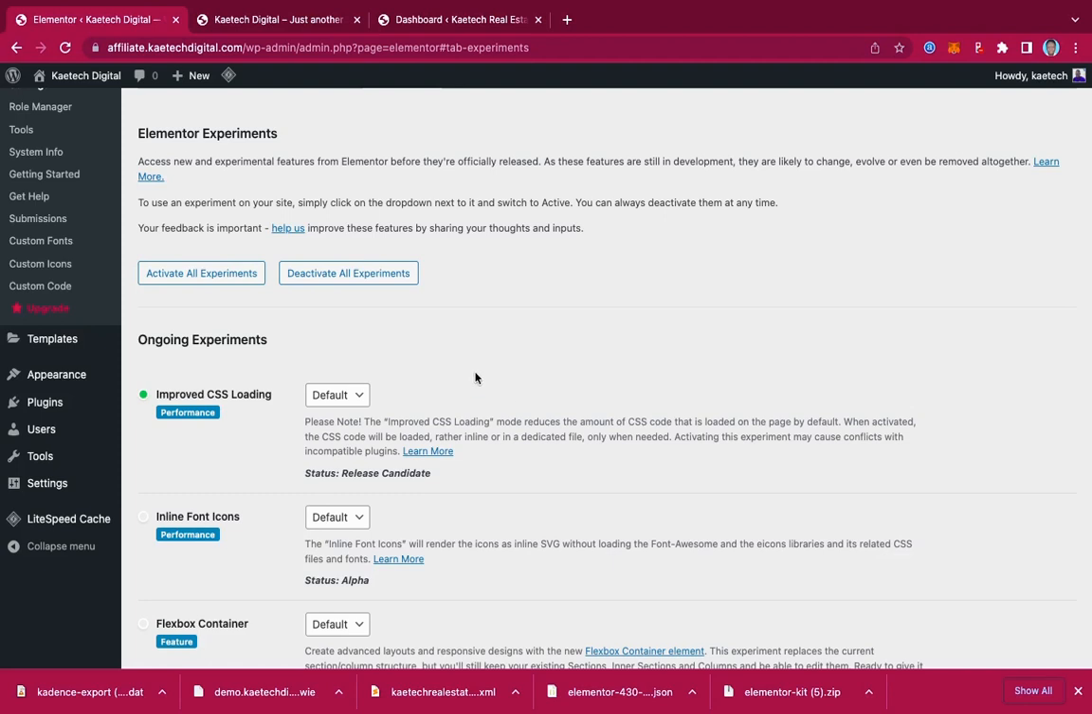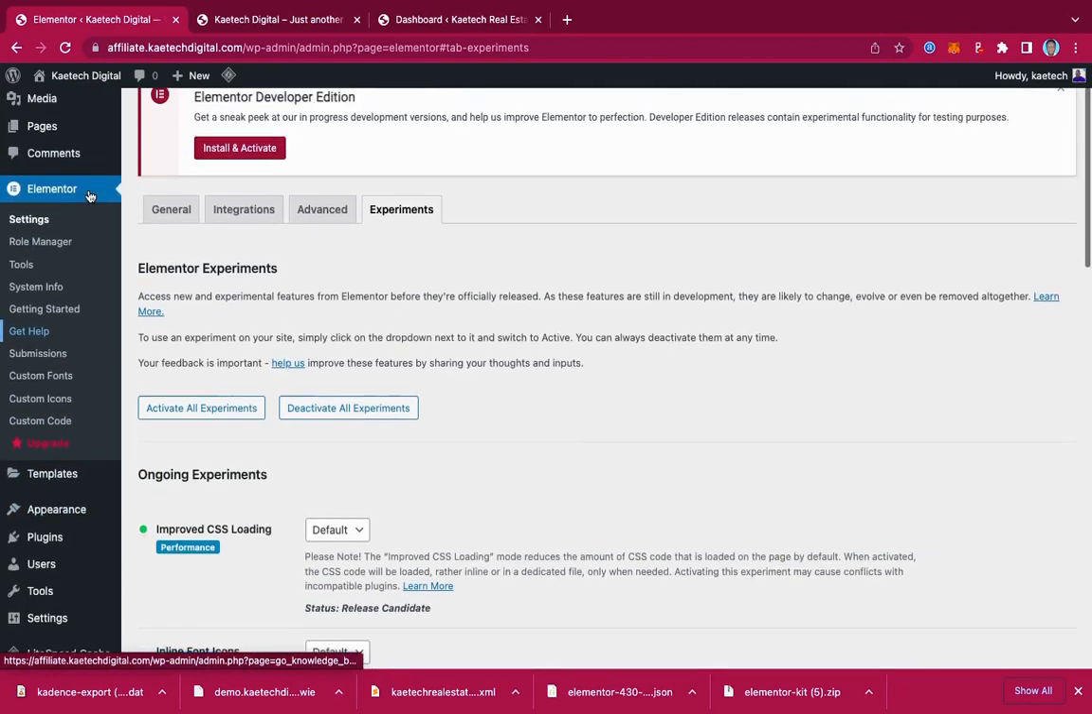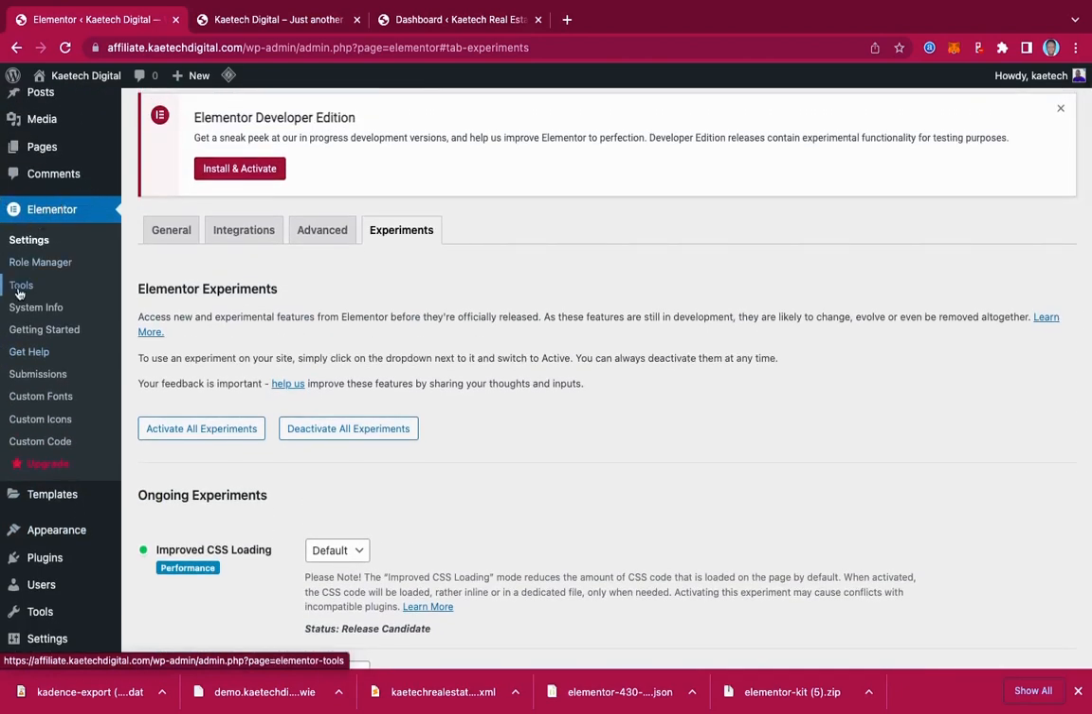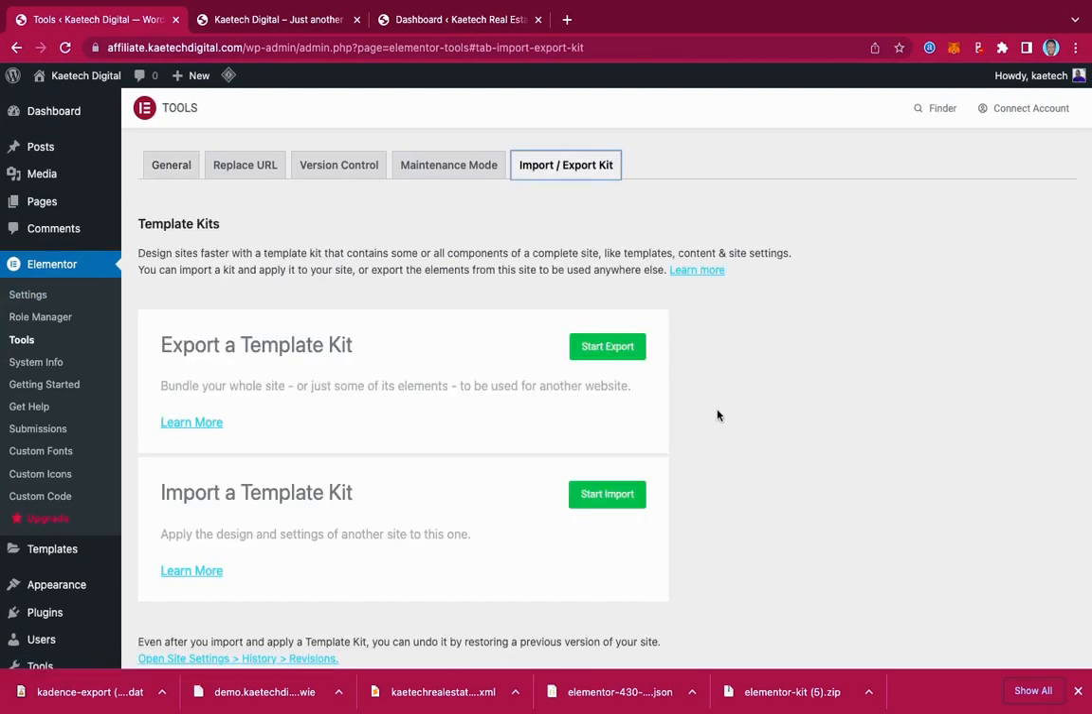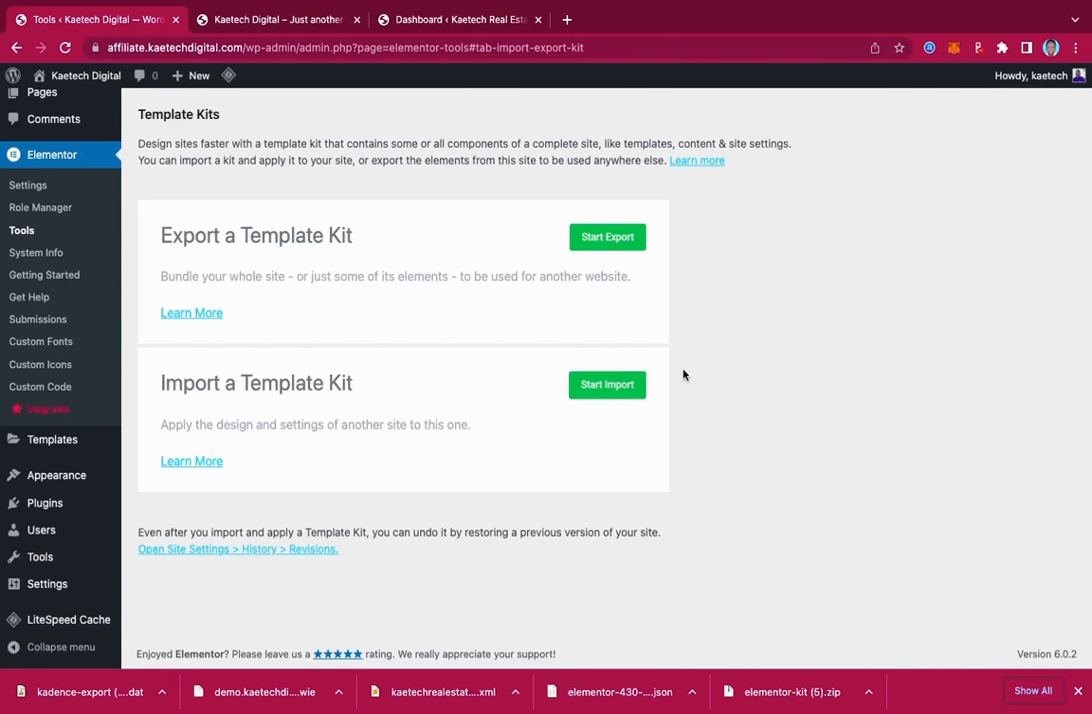So what you are going to do is go to Elementor over here and then go to tools. Now you see the import export kit over here. Click on it, and this time around we are going to go for import, because we are importing the kit. So click on start import,